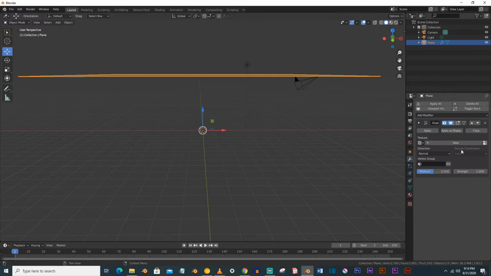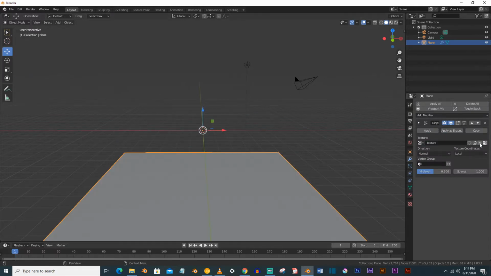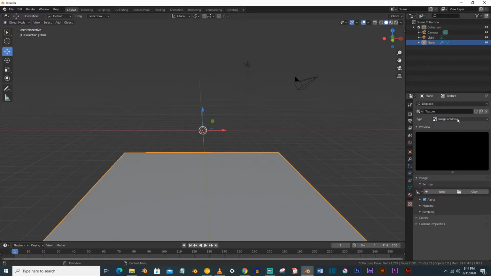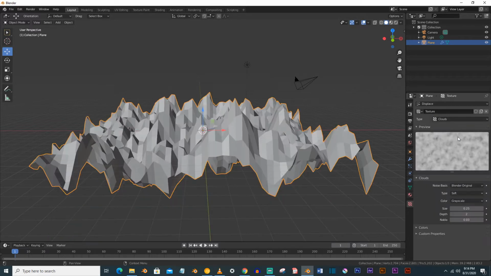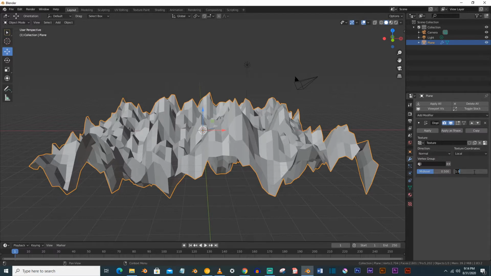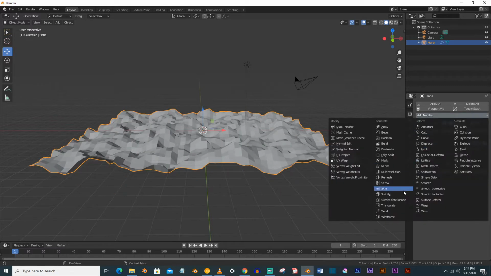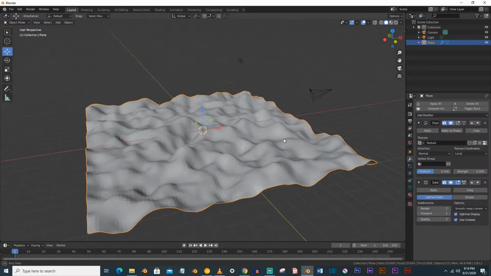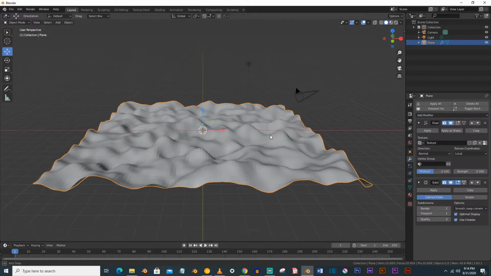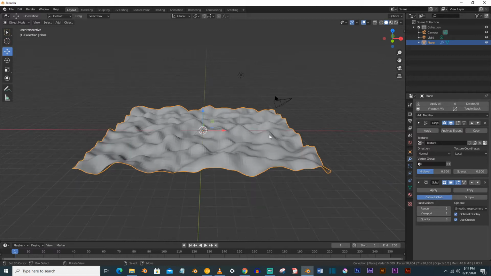Select displacement and New, go to the texture tab, select a cloud texture, and now go to the modifier tab, decrease the strength to 0.3 and also apply the subdivision modifier to it. Now you can see that it looks like our ocean.